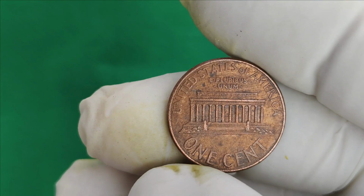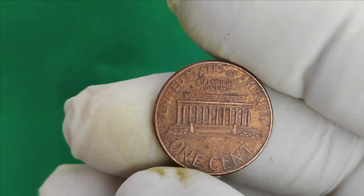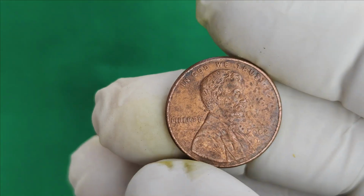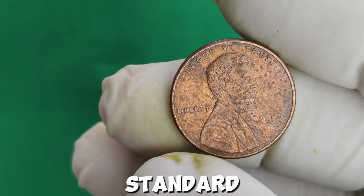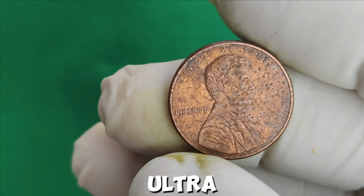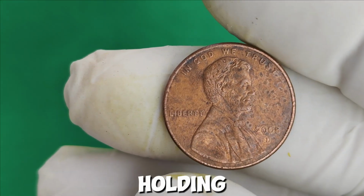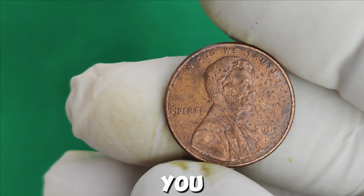Penny. One of the standout features of this penny is its strike quality. These coins were made with a crisp, sharp design. The details on Lincoln's portrait and the reverse are much more defined than on your standard penny. The Ultra Lincoln penny has a mirror-like finish. If the penny you're holding has that shiny, almost glass-like appearance, that's a good sign you might have an Ultra